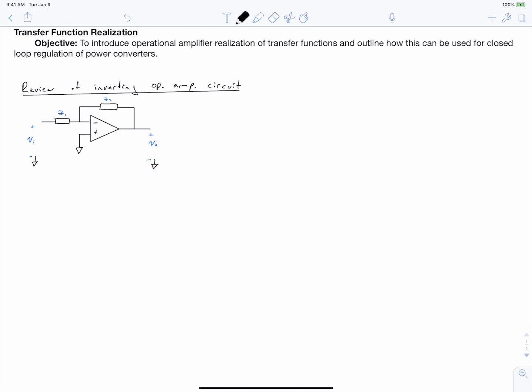The objective of this video is to introduce operational amplifier realization of transfer functions and outline how this can be used for closed-loop regulation of power converters. So basically, we're going to finally come up with a circuit that creates the transfer functions we've been plotting Bode